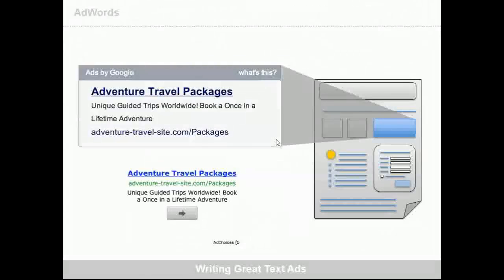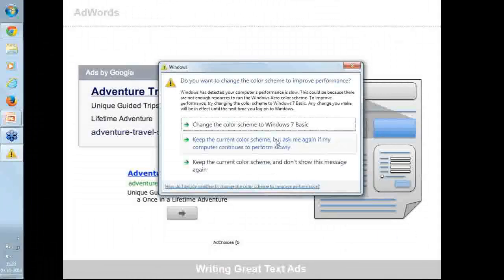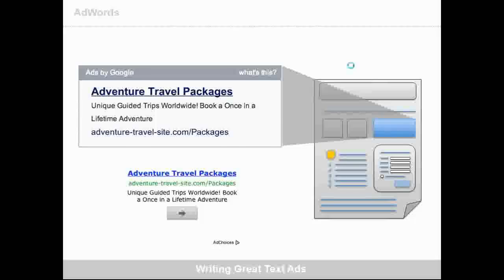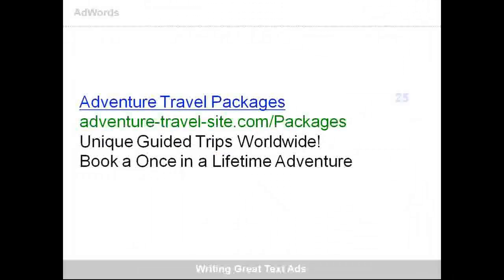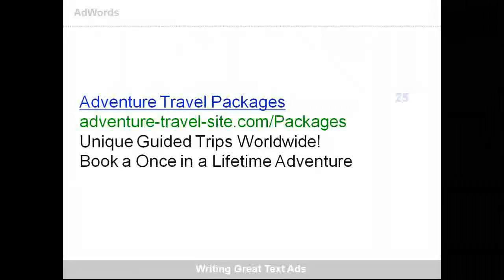So let's not give ourselves the option of, oh, we didn't appear on a particular website because we never had a text ad for it. So make sure, even if you have display ads within your display campaign, always add one or two text ads in that. All right. So back to our example. This is sort of how our ad at the moment looks.